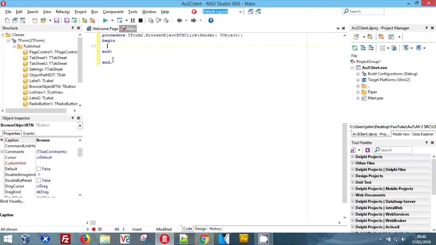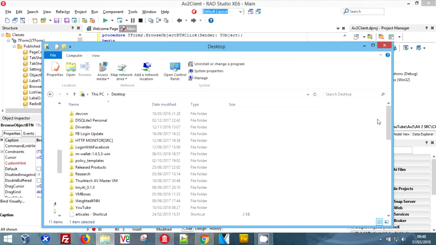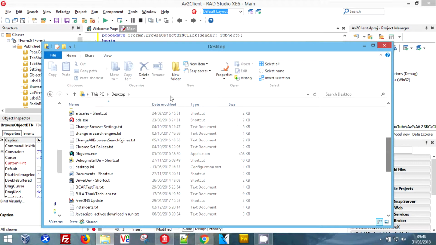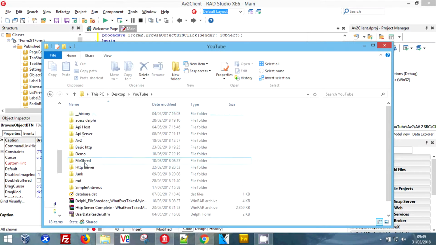Hey guys, and in today's video we're going to be doing the communication between the client and the service. As you can see, I've just got the client open and we're pretty much going to be doing just the client side today, and we're also going to be propagating this browse button. So with the browse button,